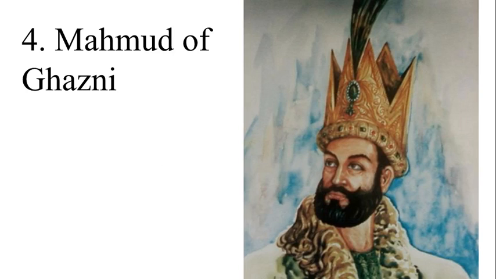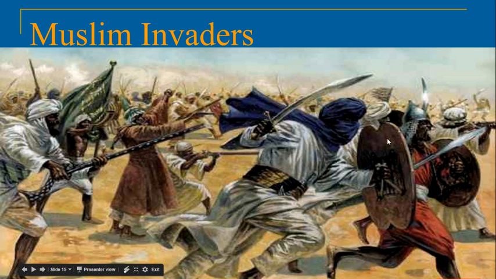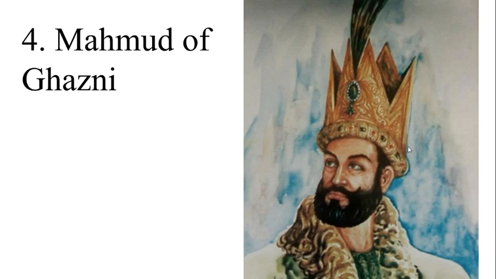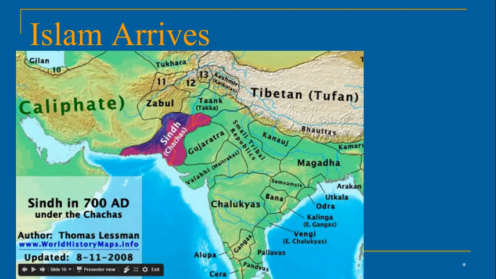Now, one of the guys responsible for the political chaos and violence and instability that we see in northern India during this time is this guy called Mahmud of Ghazni. And here you see him with his wonderful hair. Mahmud of Ghazni, he is a Turk. Right? The Turks came from Central Asia. They settled into parts of the Middle East, and most of them will eventually adopt Islam, and they take the more radical, more extremist view of Islam, and they want to start spreading it through violence. So they start invading